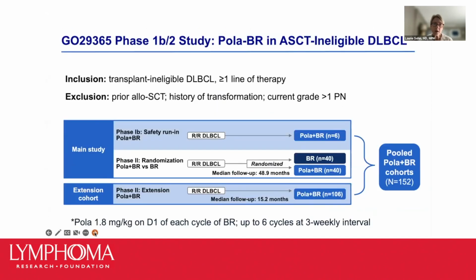So in the trial that led to the approval of polatuzumab vedotin, it was actually combined with chemotherapy that we call bendamustine together with rituximab. So it came out in a combination therapy. And as part of the approval, the study included a comparison arm where it was compared against bendamustine and rituximab all by itself. So in this trial that included people who had diffuse large B-cell lymphoma that had come back